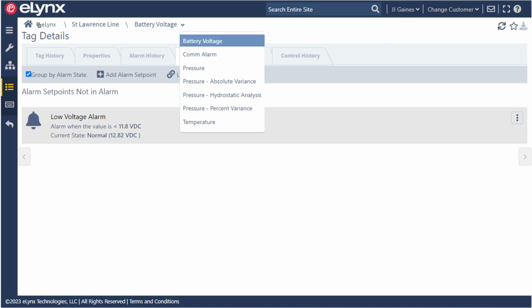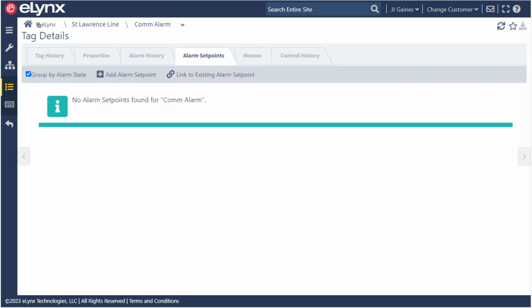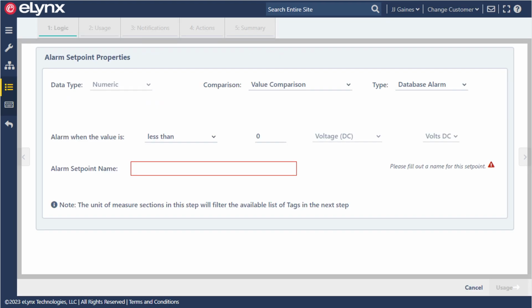The next one we're going to look at is the calm alarm. Same process goes for this one. We're going to come down and we're going to hover over that and click on it. And this one